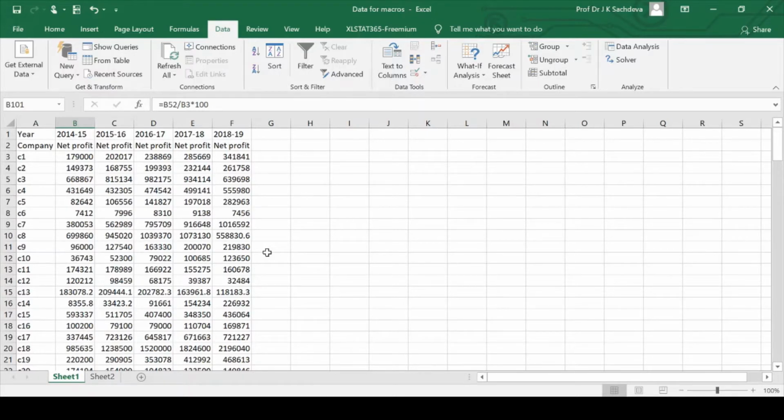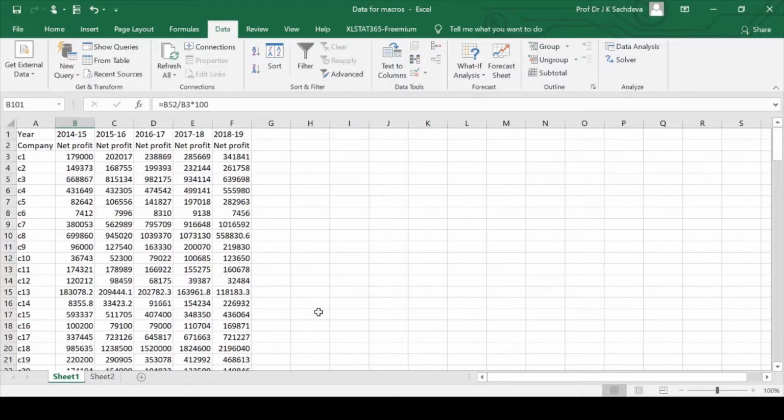Sometimes we want to find out what is common in the data for each company. Individually we can find out many things, but what is coming up common? So we use various types of regression, pooled regression, then panel regression, but I'm not going to discuss those things here. We need to arrange the data, and if we are to arrange the data, we will have to cut and paste, and it will take a lot of time.